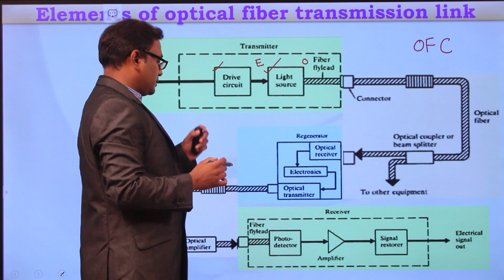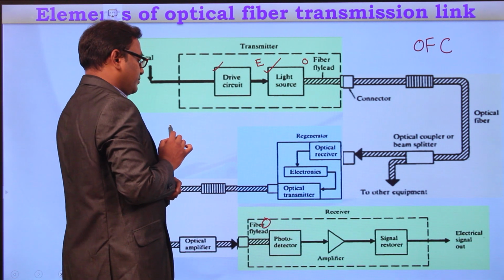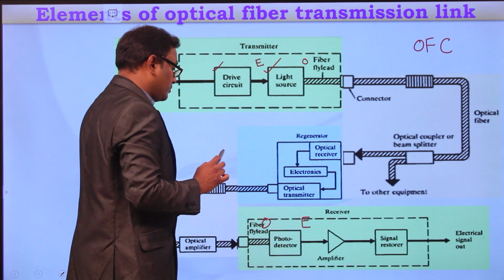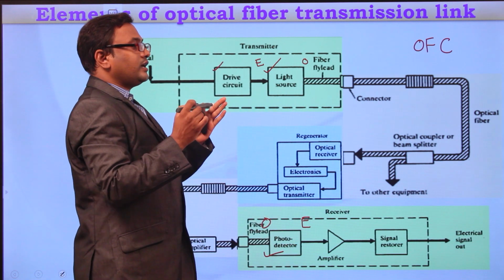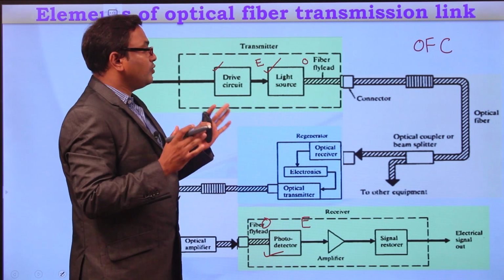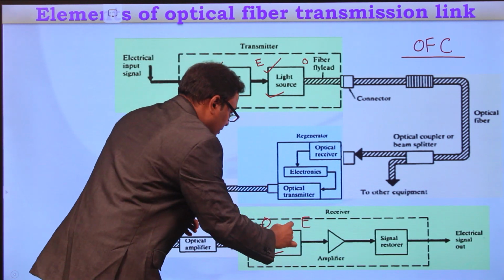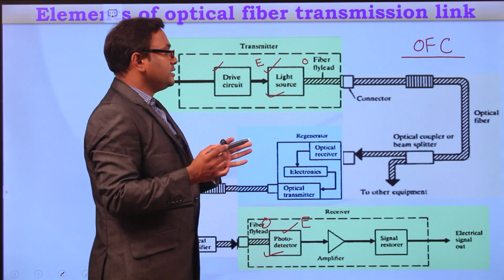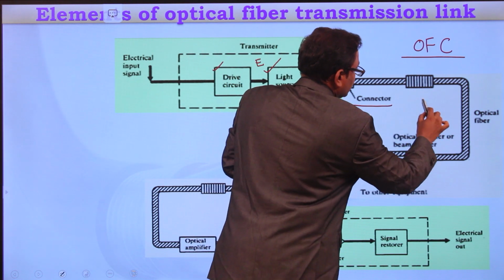And in the receiver section, we have to convert the optical signal coming out from the optical fiber cable into the electrical signal. So we need a photodetector. So in our entire optical communications systems subject, in this course, we are going to focus on this optical fiber cable, the light source and the photodetector. And also to establish long haul communications, we have to use either connectors or splices.